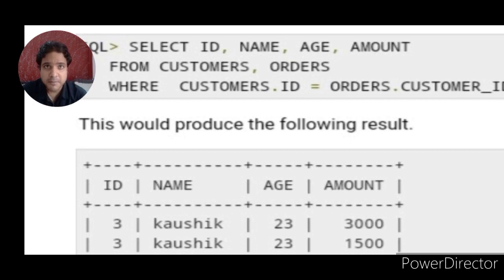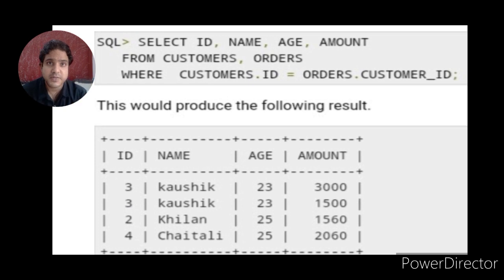Now we compare the two tables along with the attributes. Which attributes will be matched? We will write: where customers.ID, which shows ID from the customers table, equal to orders.customer ID, which represents customer ID from the order table.